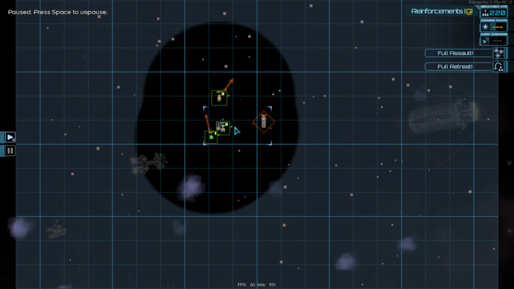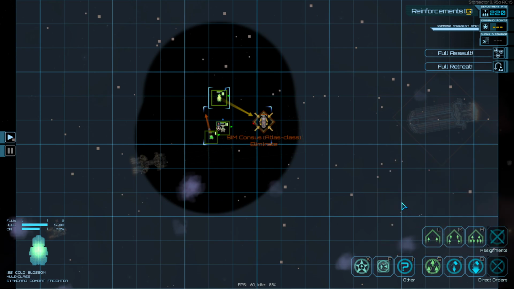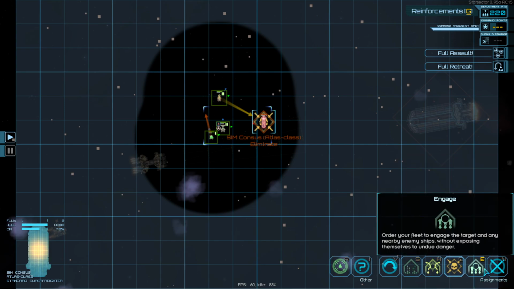So, one of the easiest ways you can order your ships to attack an enemy is by pressing tab, like I've done now, to bring up the tactical view, left-clicking on your ship, and then right-clicking the... okay, you may actually not want to do what I just did there. Yeah, that might be a terrible move, because right-clicking is actually a way to assign the eliminate command, which generally means